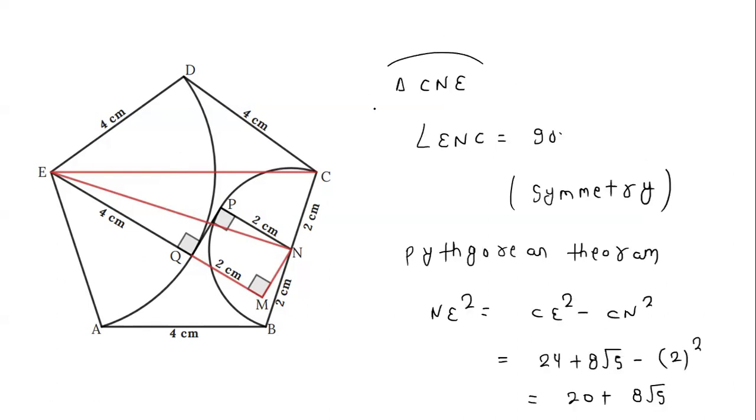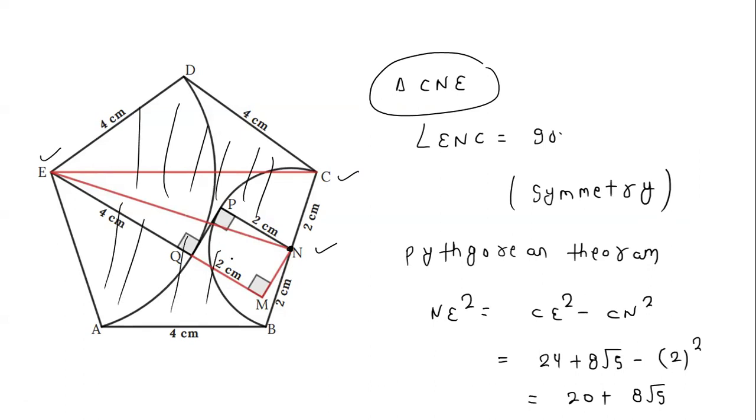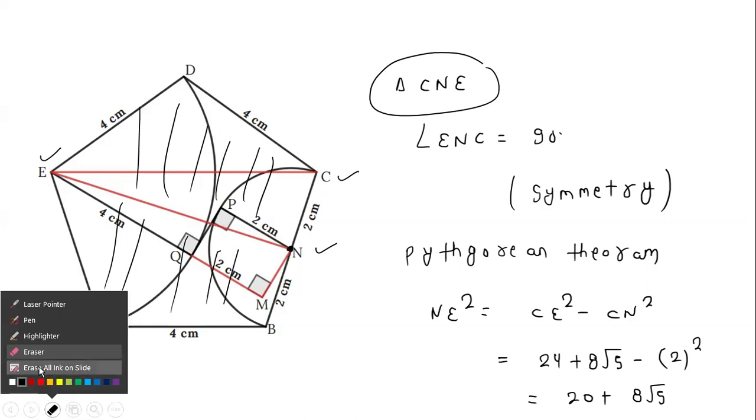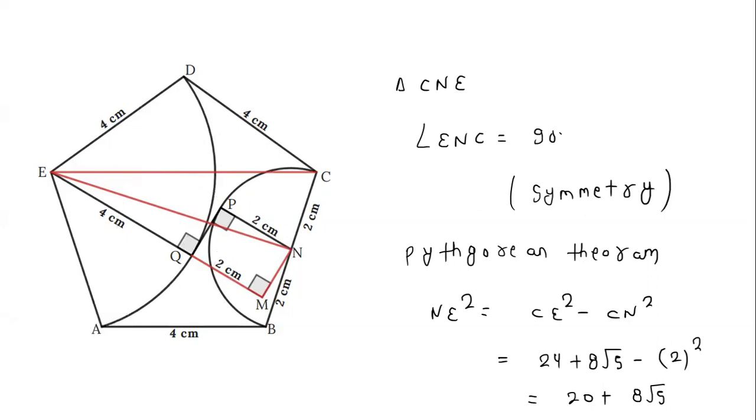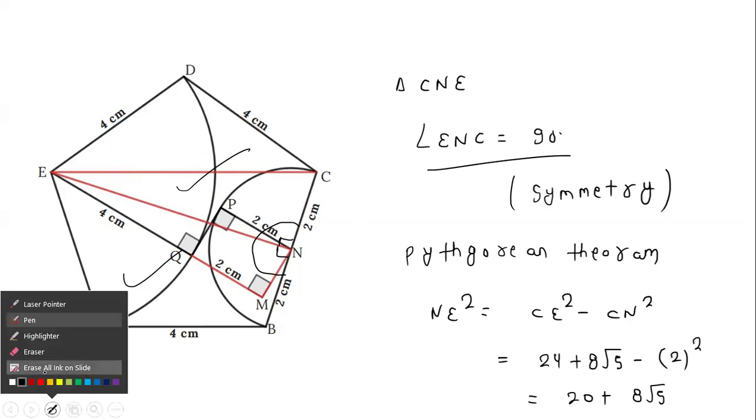Now you look at the triangle CNE. So this is C, this is N, this is E. So you see this figure, N is the center of this semicircle, and this whole figure is divided into two equal parts about this point. The above and below parts are exactly the same, mirror replicas of each other. So we can easily see that this angle is 90 degree, because this whole angle is 180 degree. If the above part and below part are exactly the same, then the angle will also be exactly the same on both sides. So this will be 90 degree. Because of symmetry, we can easily see that.